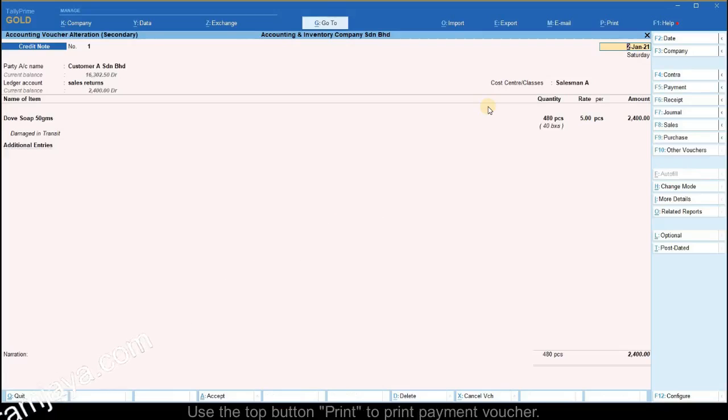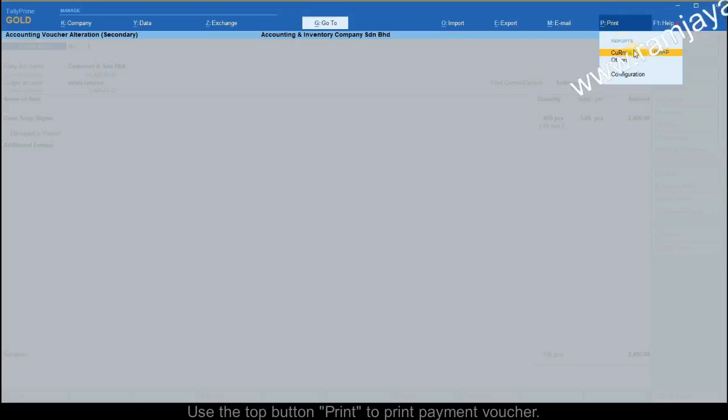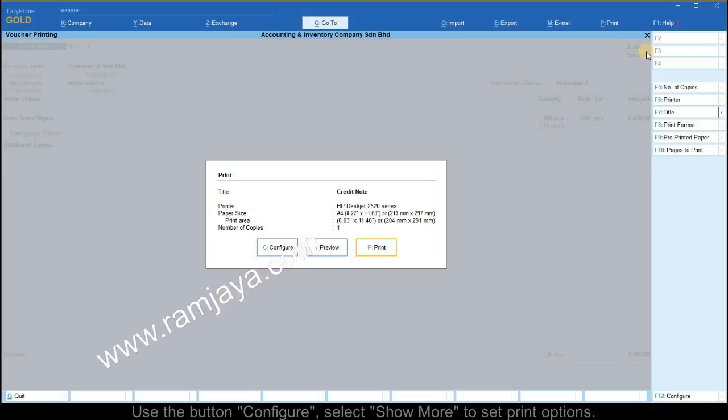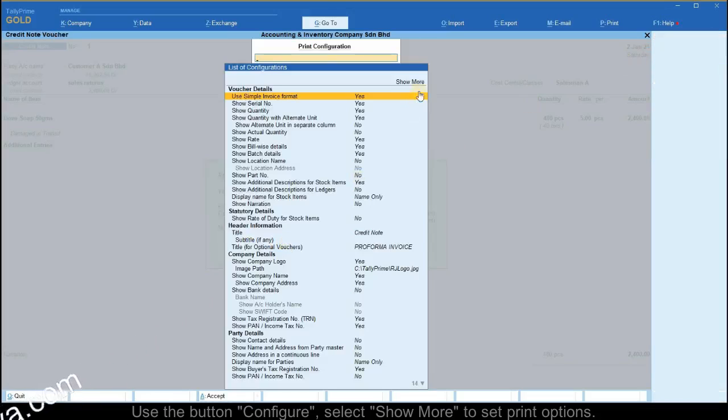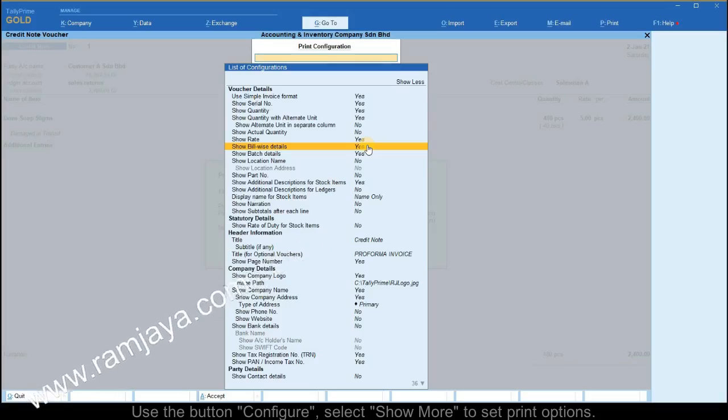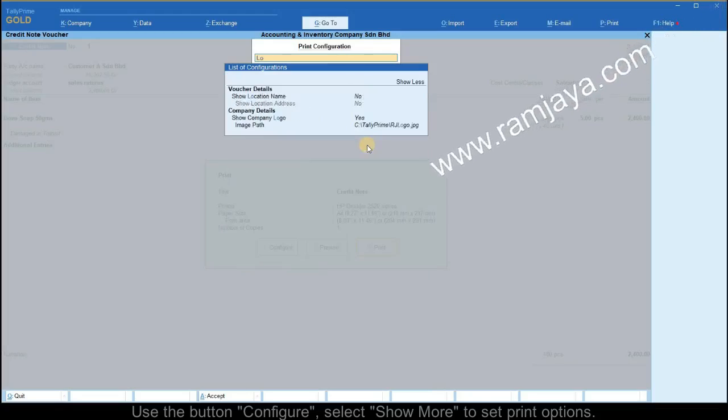To print the credit note, use the Ctrl and P or click on the top button Print and select Current. Use the Configure button, click on Show More. To print the invoice details against which the credit note has been issued, enable the option Show Billwise Details. If you want to print the credit note with the company logo, then set the Show Company Logo as Yes